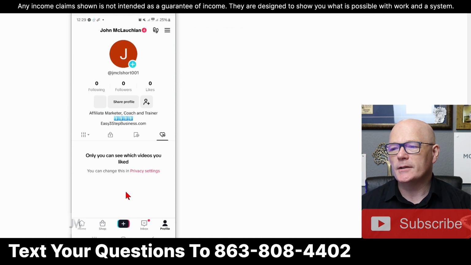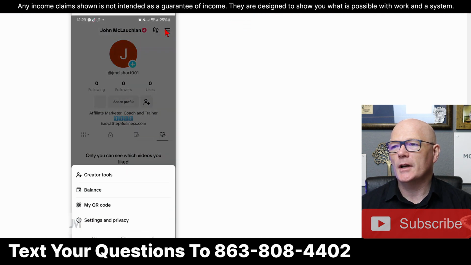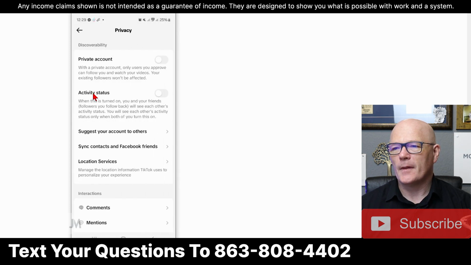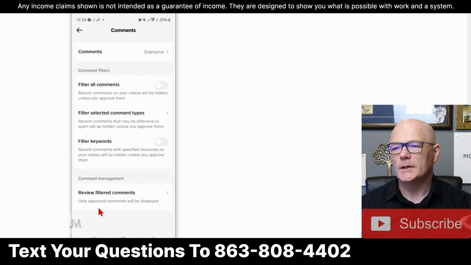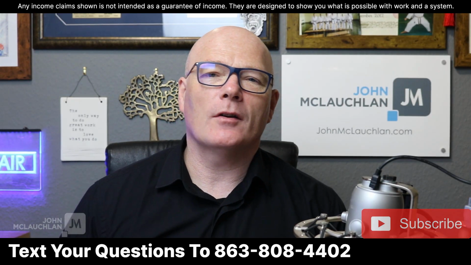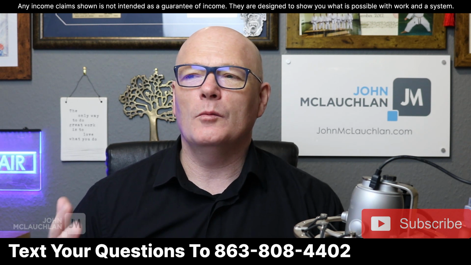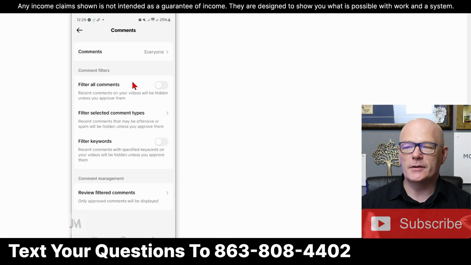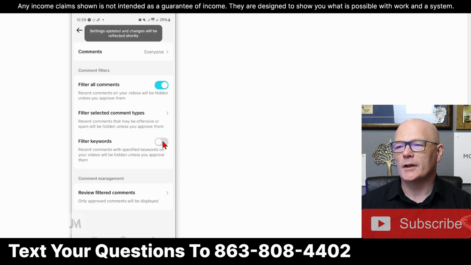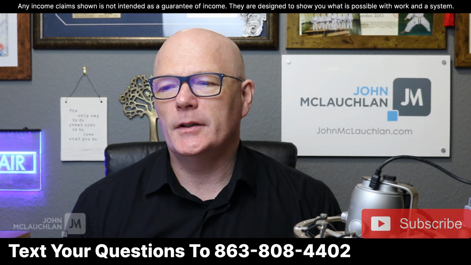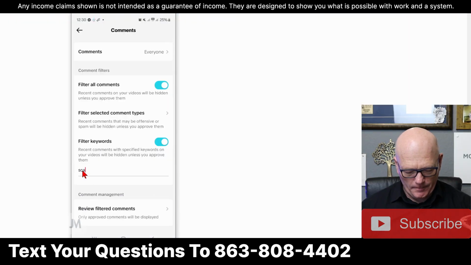And the next thing you want to do is go to settings and privacy, and then go to privacy and comments. So on TikTok you'll get people who do professional hating. They will try and put as many comments on there. So what you want to do straight away is use this to filter all the comments, and also filter keywords. The kind of keywords that you want to put together are things like scam,